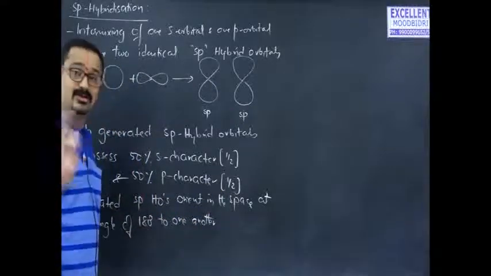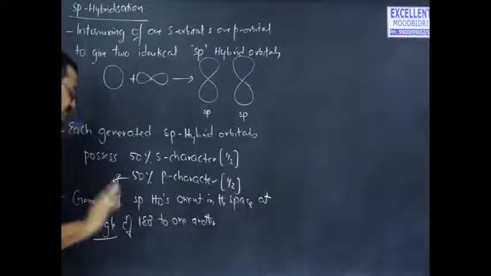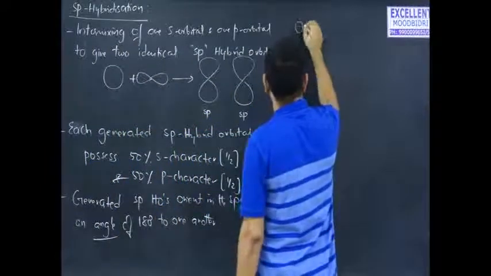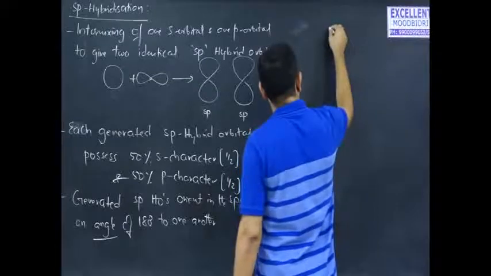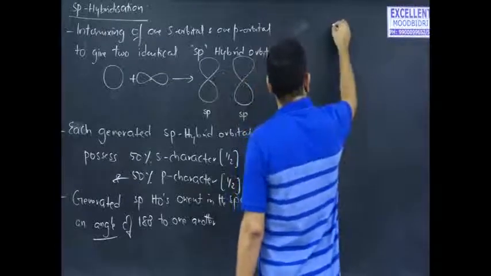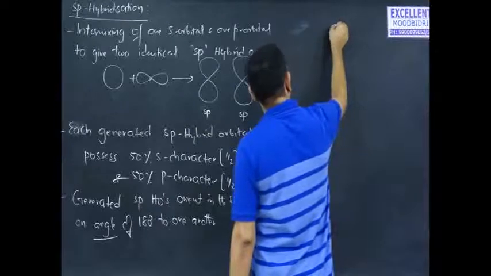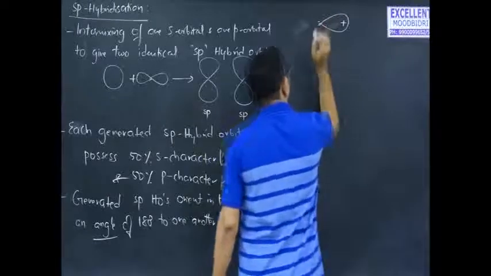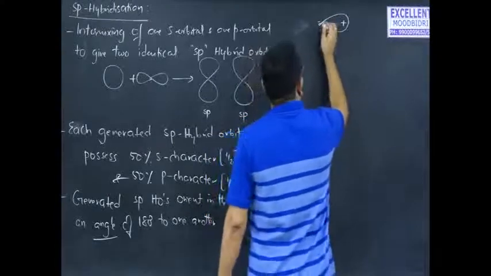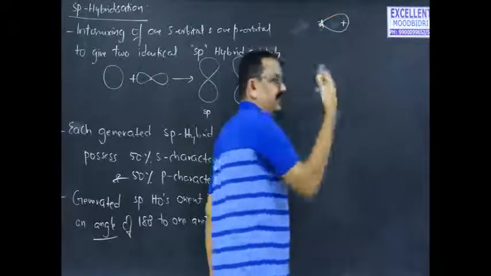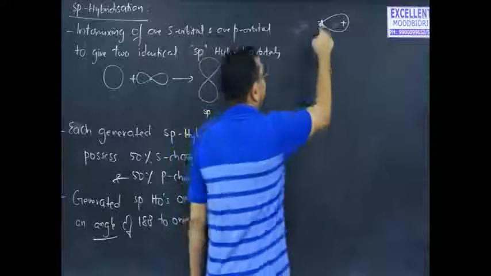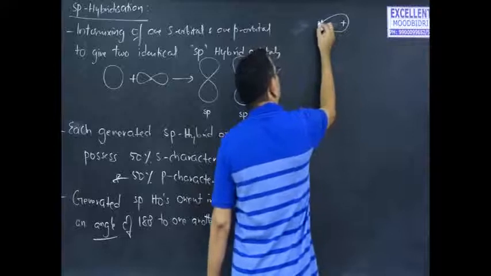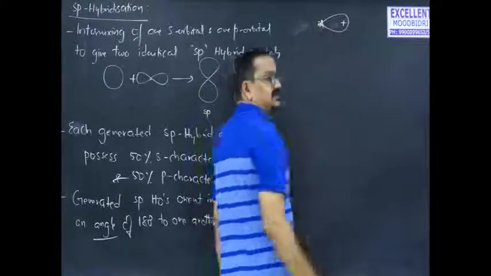Not bond angle. I am not using the word bond angle. Angle just means, suppose these two hybrid orbitals, 1s and 1p, are generated. Suppose a given atom is having these two hybrid orbitals, then it will be pictured in this way. This is the positive part of the lobe and this is the negative part of the lobe. This is one hybrid orbital possessed by atom A. This total entity is one hybrid orbital. The other lobe is behind the plane. That's why it is shown with a small size.